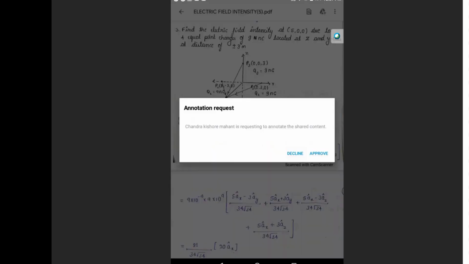So where are the charges located here? It is x, z and y. So first, you can start from y anywhere. P1, the first point, is taken on the positive y axis at a distance 3. So (0, 3, 0). The second one is on the negative y axis, (0, -3, 0). And the third point is where? Positive z axis, (0, 0, 3). And the fourth point is on the negative z axis, that is (0, 0, -3). All the charges are equal to 9 nanocoulombs, so you specify that there.